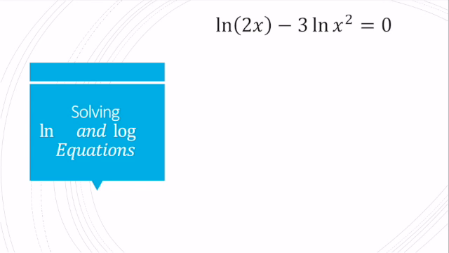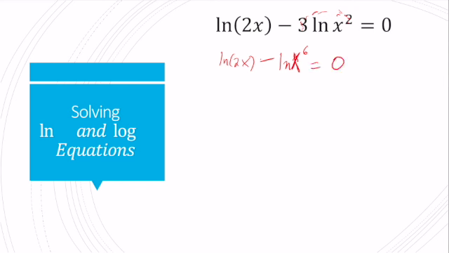So let's go through a couple more examples because I want to make sure you've seen all the possible types of problems out there involving logarithms and natural logs before we're almost done with chapter 1. So if I have the natural log of 2x minus 3 the natural log of x squared equals 0, we're kind of going to work backwards with the logarithm properties here. I want to bring this 3 over here. Remember, before I could move this over here and multiply by 6, but I want to get this condensed into one logarithm because one logarithm is so much easier to work with than 2. So if I have the natural log of 2x minus, I'm going to move this 3 back over here, so I need to multiply them together, the natural log of x to the 6